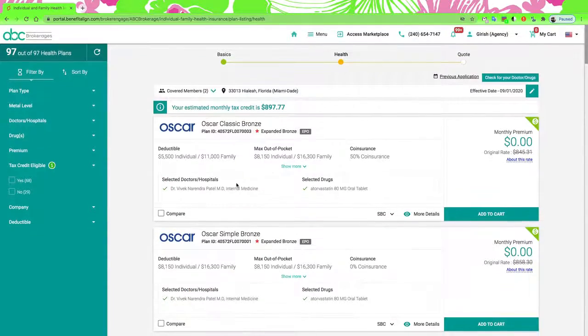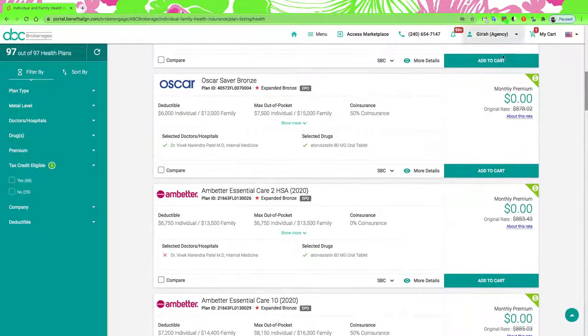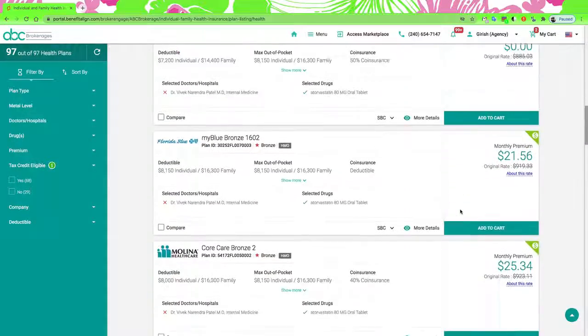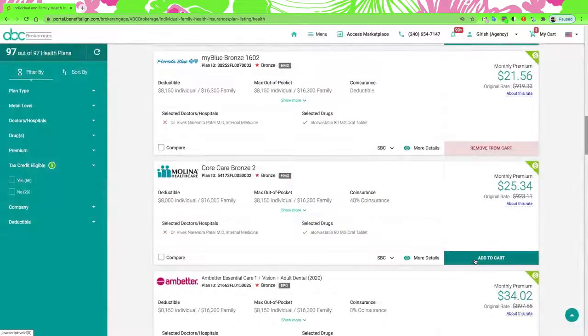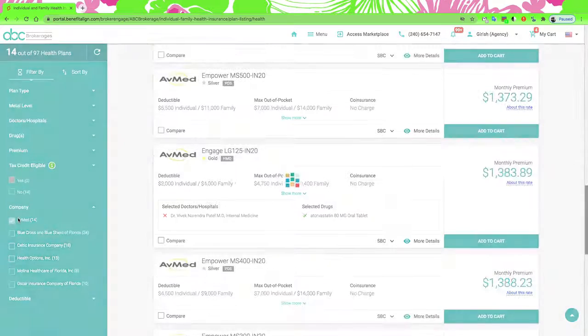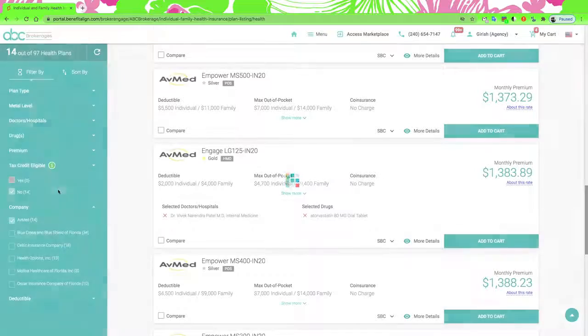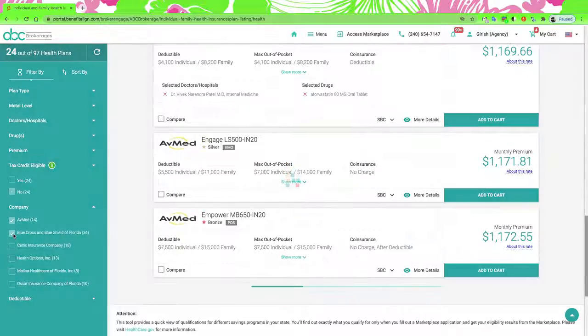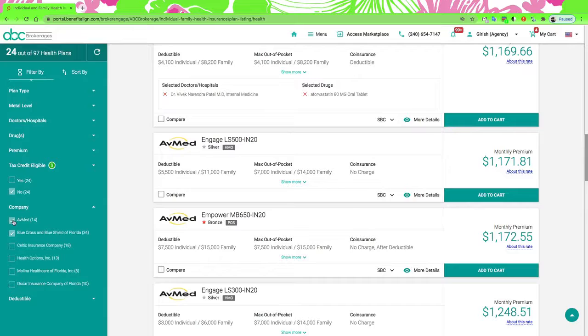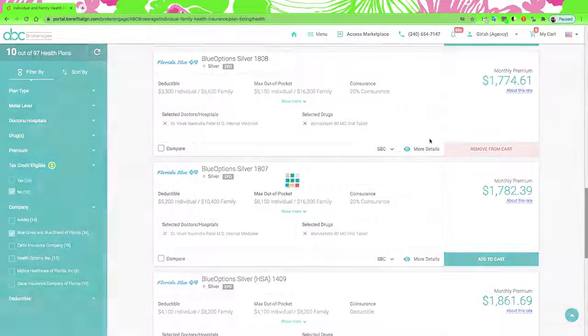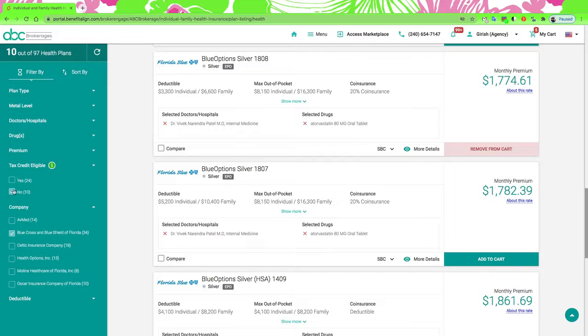the right plans. Now, whichever plan that you want to see in a proposal, you can add them to the cart, and you can add as many as you want. There is no restriction as to the number of plans you can add to the cart. I'm going to add a few here just to show you the differences. Let me add some off exchange plans also for you, right? I'll also add maybe one off exchange from Blue Cross. There you go. So I added 5 or 6 different plans, and